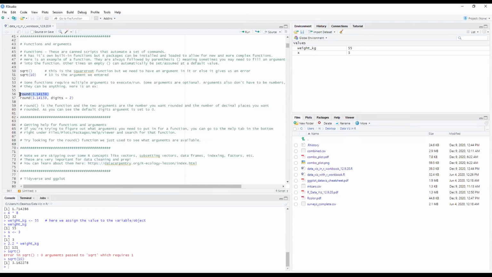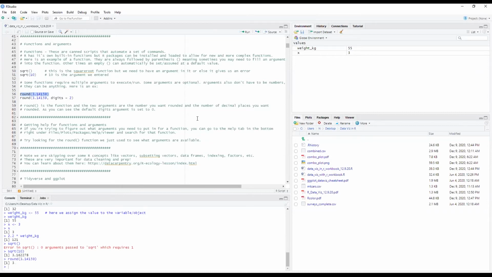So here's another function, round. This is a rounding function. And so when I do round and I put a number in it, it's going to round it down to 3. So when I run this, it's going to round 3.14159 down to 3. I can put a second argument into it, and I can say round it down to two spaces, two digits here. And when I run that round function, it's 3.14. So this has 2 arguments that I can put in. I can put in only one, and then it'll default to setting this digits argument to 0.